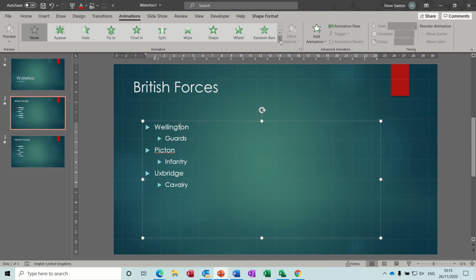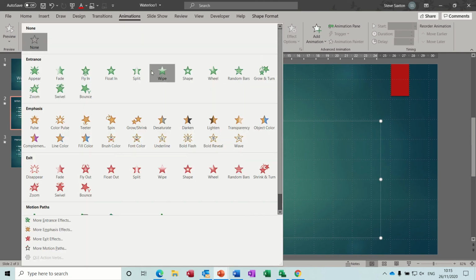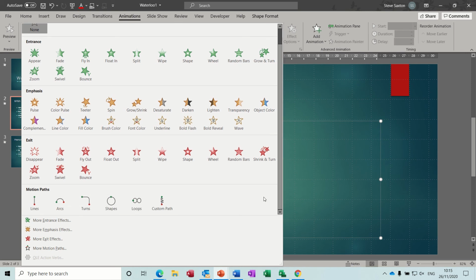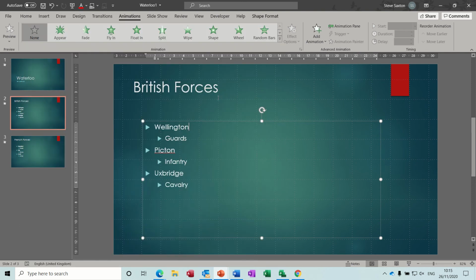Now you've got all these preset animations at the top there. These green ones are entrance, then you've got emphasis, which are yellow, exit red, and further down you've got some motion paths, which are these, and then you've got more of everything in these options at the bottom, as you can see there. So I tend not to use these, because when you use these, what happens is,